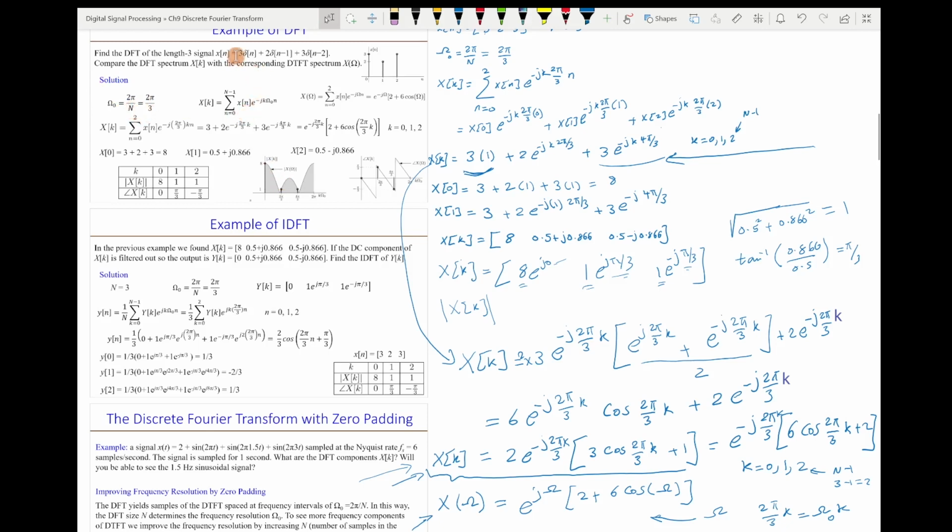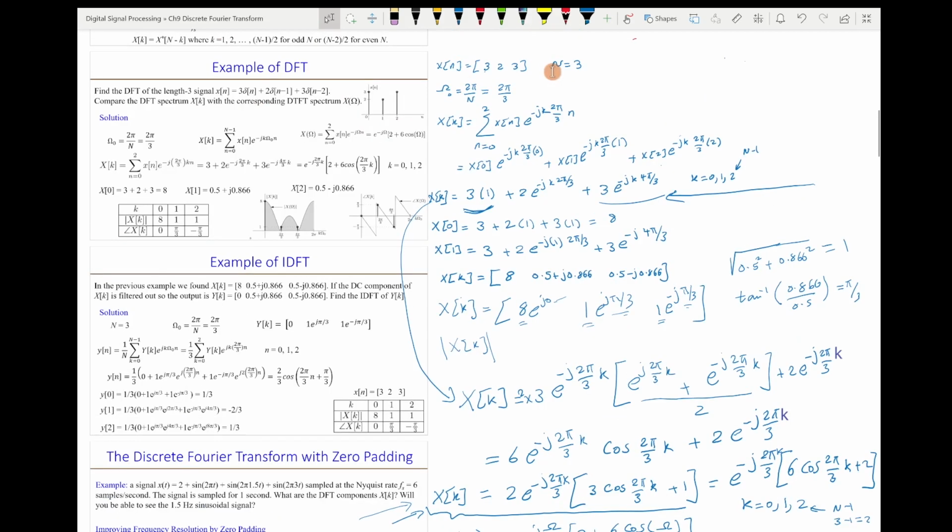So where am I going to get 6 data points? We augment this x of n by 3 zeros. So now it is 3, 2, 3, 0, 0, 0. Now n equals 6, and the frequency resolution omega 0 will be 2 pi over 6. X of k here will now have 6 data points instead of 3. So I'm going to have another sample here, another sample here, and another sample here, just by augmenting these by